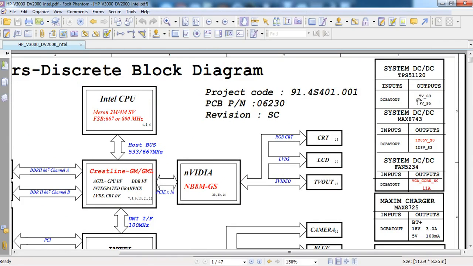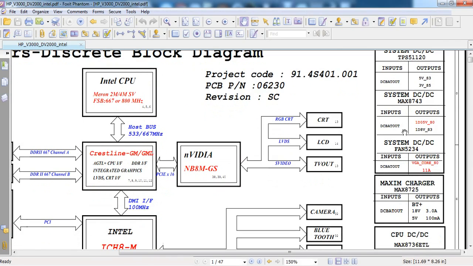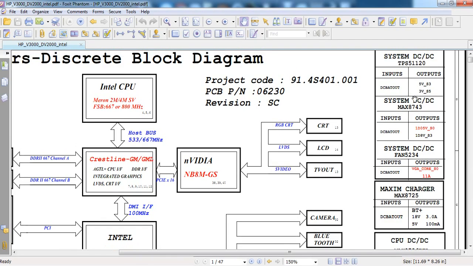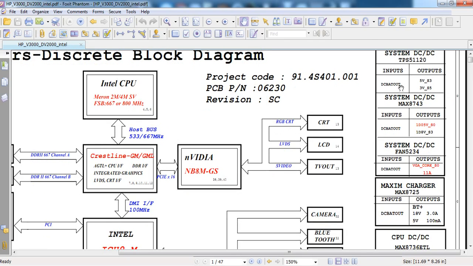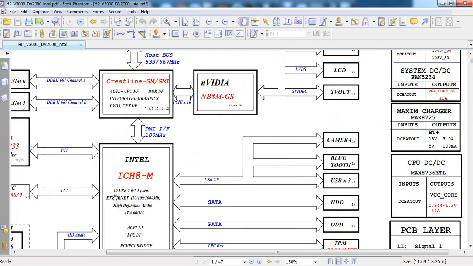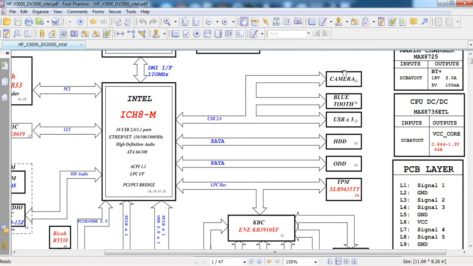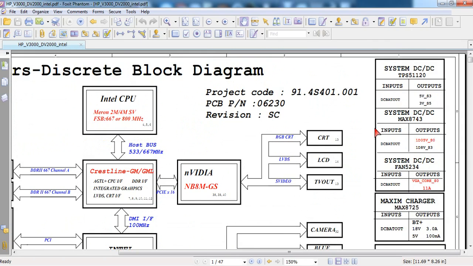And these are all the voltage regulators. Okay, this is the 5 volts and 3.3 volts step down SMPS regulator. This is the first output. This is the always output, which is used to power on the SIO chip, BIOS, power button, everything. Okay, this 3.3 volt goes to the SIO chip, BIOS, and power button. Okay, this is the always voltage. I will tell you what is the always voltage, and what are the S3, S5 and S0 voltages.